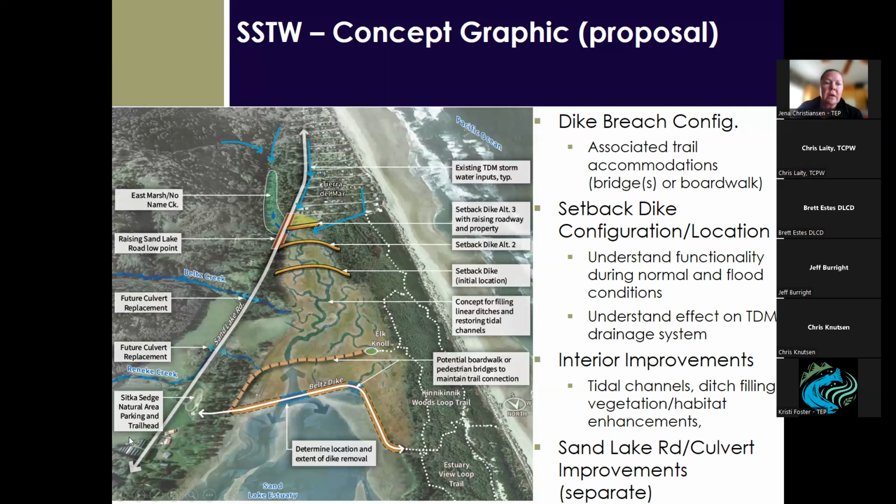And going back to funding, I submitted a NOAA grant for the Transformational Habitat Grant Program for this project. My total ask was 1.57 million, phased out over 3 years. If awarded, that would cover the expenses for not just the belts, dike, and the internal habitat work. It would also cover whatever design work and permitting is left on all 3 road crossings, as well as a full assessment of Tierra del Mar's stormwater inputs,